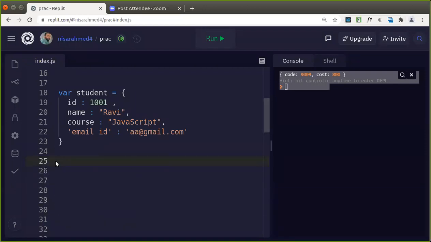Good. Now, sometimes we are given an object and we do not know exactly what the properties are, isn't it? When we have created an object ourselves, we know exactly what the properties and keys are, so we can process it easily. In some cases, if we get the data from external sources, like from some other file or some other source, then how can we get the names of the properties? You can iterate over it using a for loop where you give prop of student.